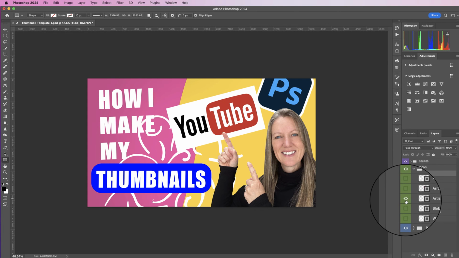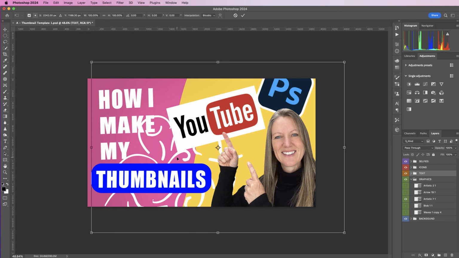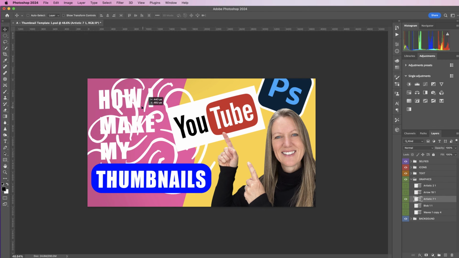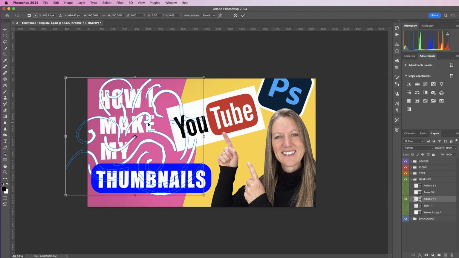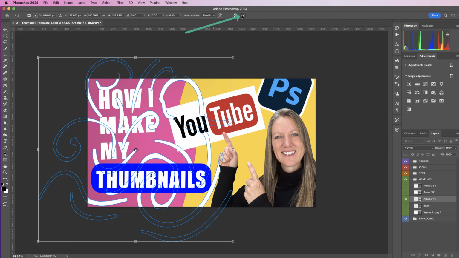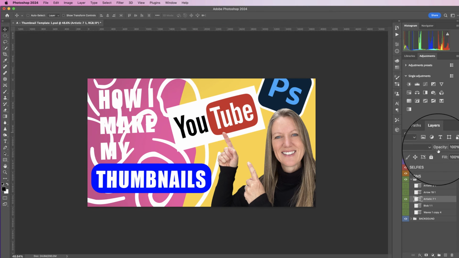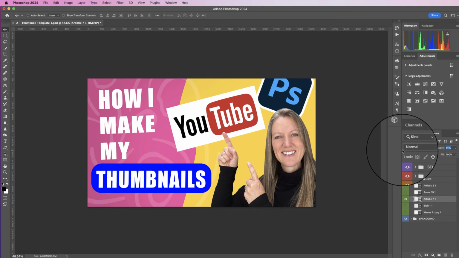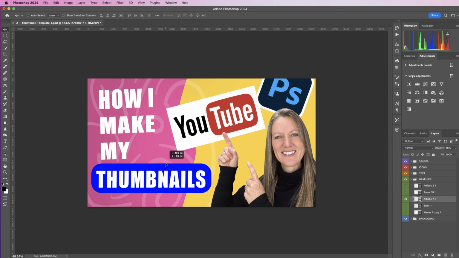maybe this one here. So I'm going to press Command or Control T again. So make sure you're on the layer. I'm going to select my Move tool and then Command or Control T and stretch that out and hit the checkbox at the top here. And then I'm going to reduce the opacity right down to 0 and then just move it back steadily, see how it looks. I don't want it to interfere too much in the text, so move it to where I'm